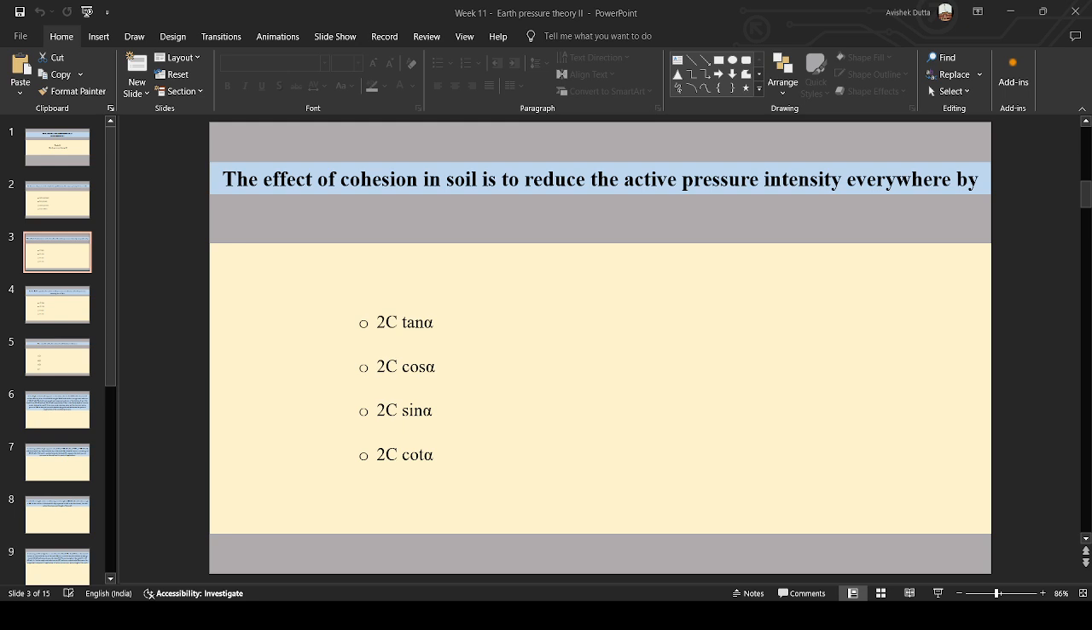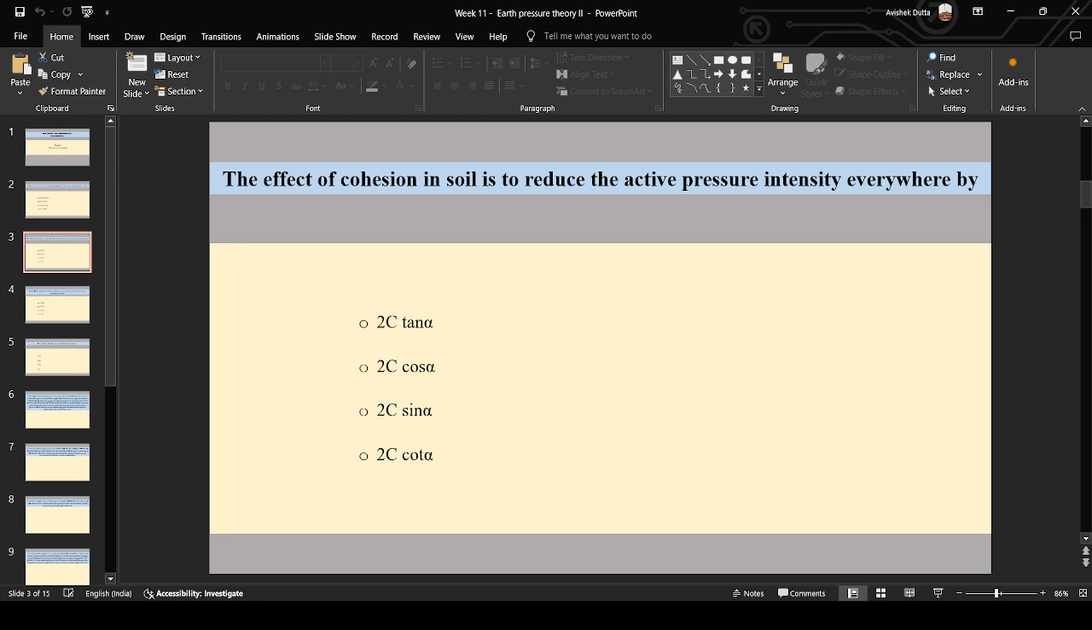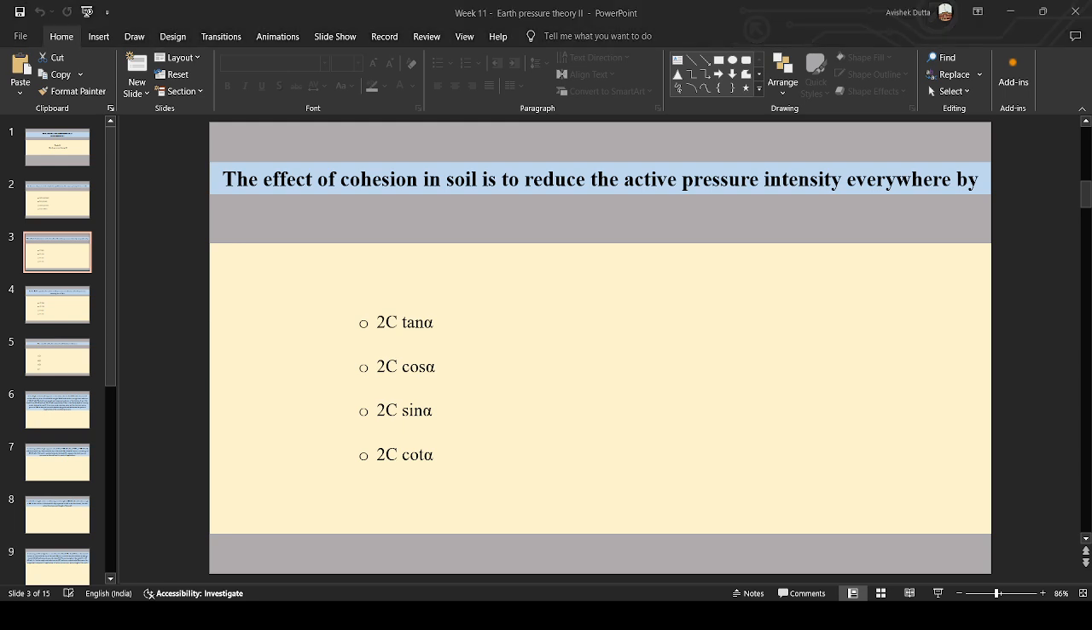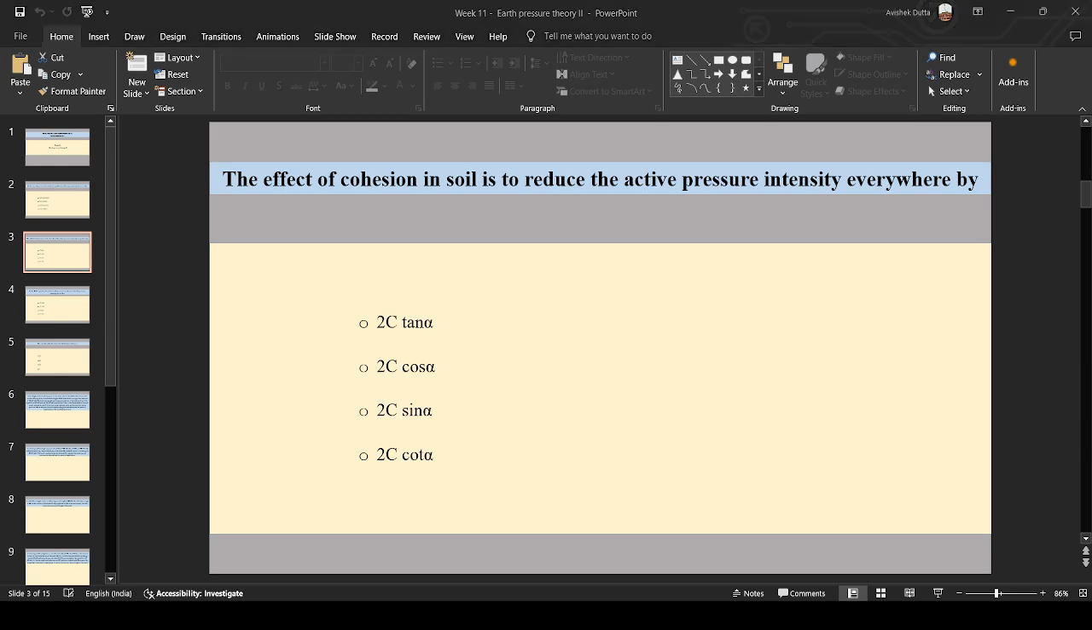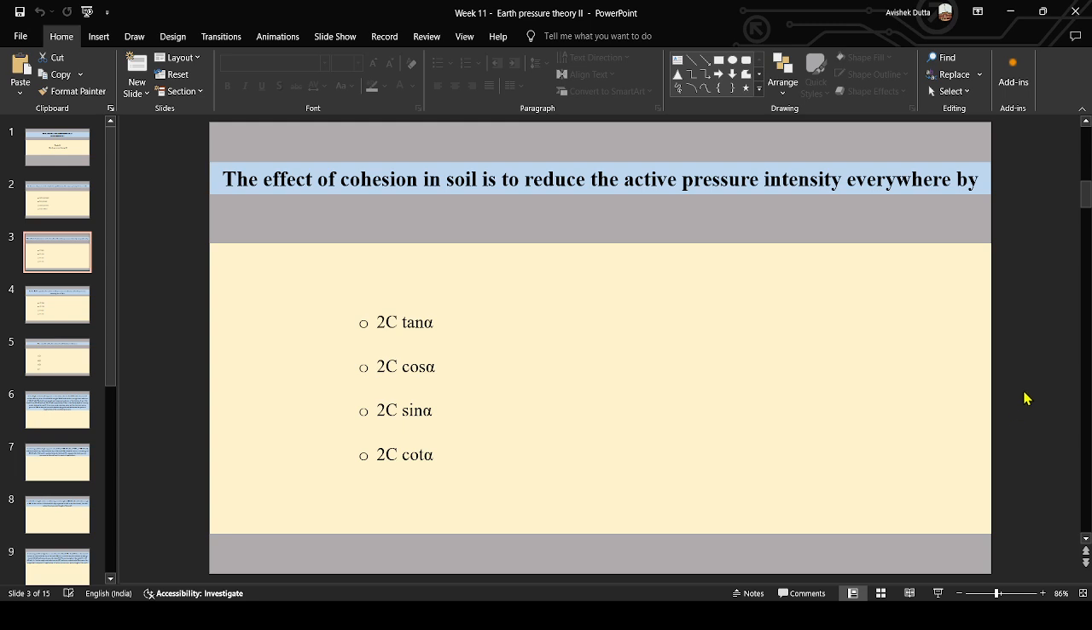The effect of cohesion in soil is to reduce the active pressure intensity everywhere by. Your options are 2C tan alpha, 2C cos alpha, 2C sin alpha, or 2C cot alpha,